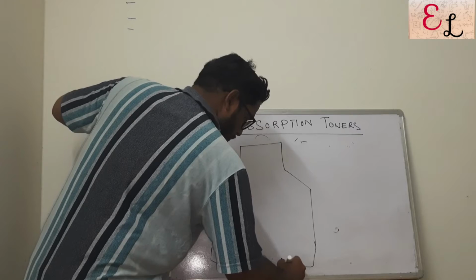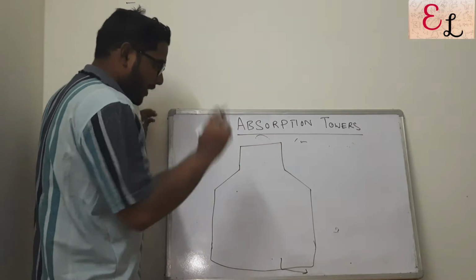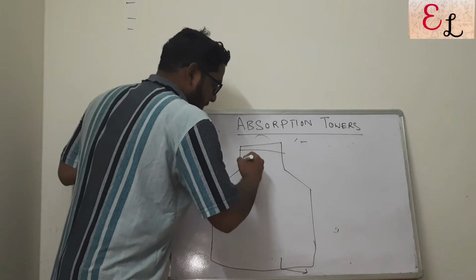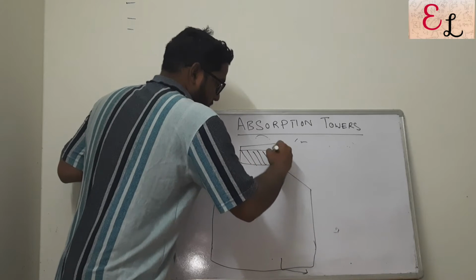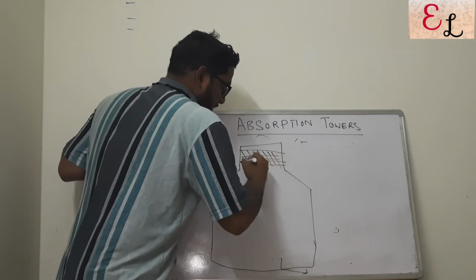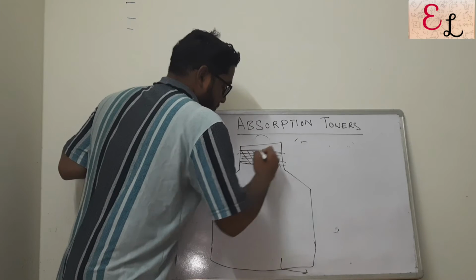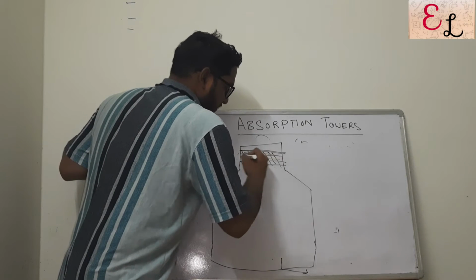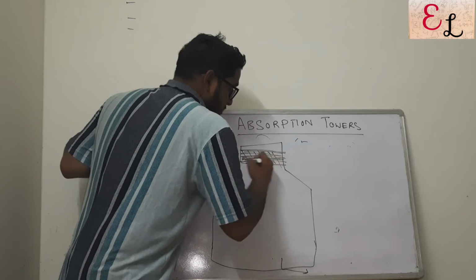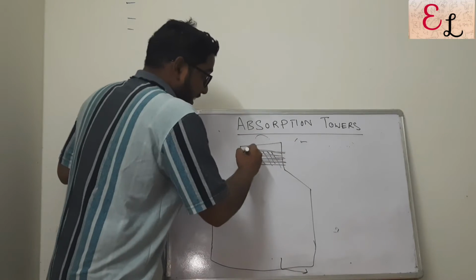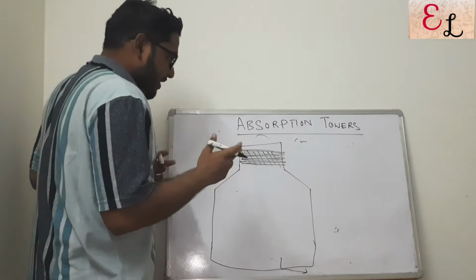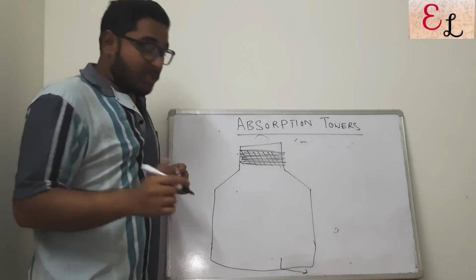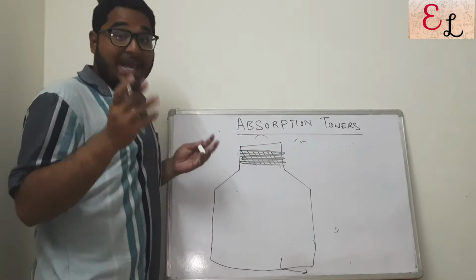The liquid coming out from here. Now what happens is, this is my Demister pad. Fine mesh-like structure with very small pore size. Maybe of stainless steel if it is an acidic medium. Depends on the type of mist. Maybe Teflon, maybe stainless steel. The MOC depends on the type of liquid that is being carried over and the gas it is coming in